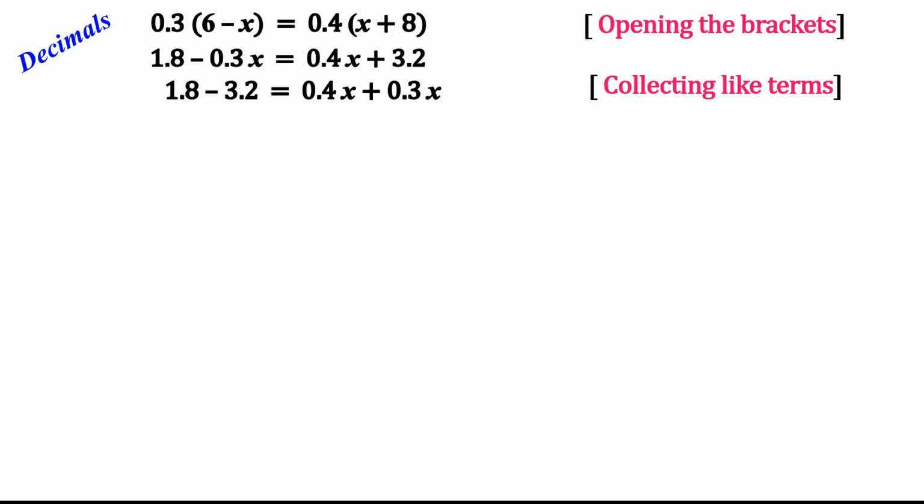So let's solve them. Because in the left hand side I have like terms, and the right hand side also has like terms, when they are added, 1.8 minus 3.2 gives me minus 1.4. In the right hand side I have 0.7x. So now I will remove that 0.7 from the x. It is getting multiplied with x, so when it goes to the other side, it will get divided. So I am now left with x is equal to minus 1.4 upon 0.7. Point gets cancelled with point, and I am left with minus 14 upon 7, which is, 7 gets cancelled, and I am having minus 2.